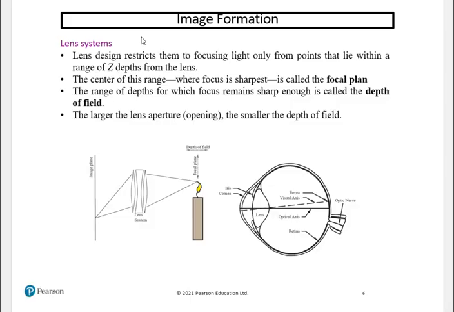So we are going to try to use a lens system, which is a single piece of transparent tissue in the eye, and a system of multiple lenses in the camera. We can see in the drawing here that light from the tip of the candle spreads out in all directions. So the camera or an eye with a lens captures all the light that hits anywhere on the lens,